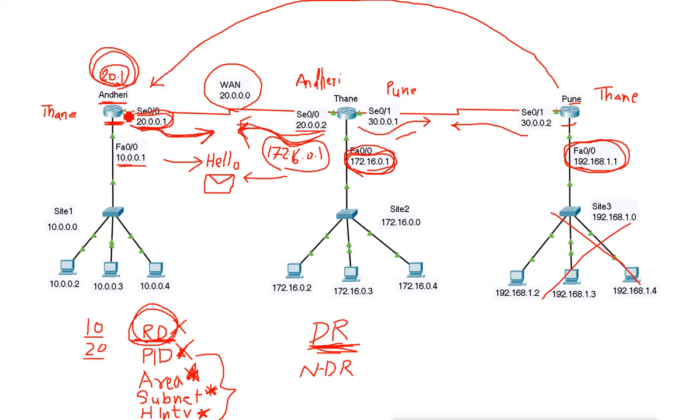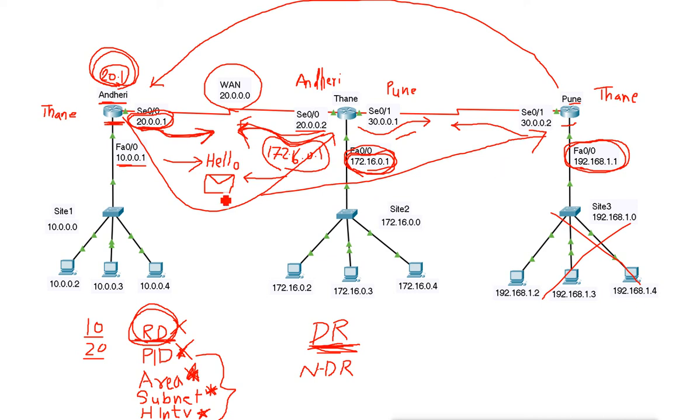Now this DR router will inform all the other non-DR routers that these networks are not available, or that some topology has changed. So if any topology changes, if some network comes or goes, the router connected to those changes sends the information to the DR, and then the DR will send the information to the other routers.